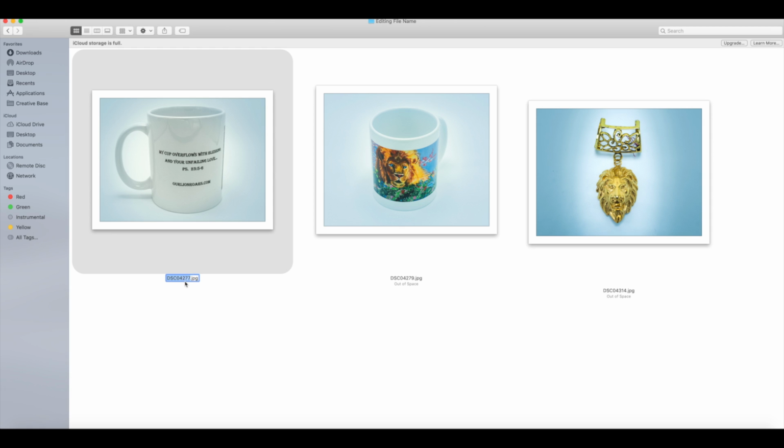As you can see, it has highlighted in blue on the area where it needs to be changed. So for example, for this file, I'll call it My Cup Overflows, as that is what I want to change for this file name. And now over here, you notice it says